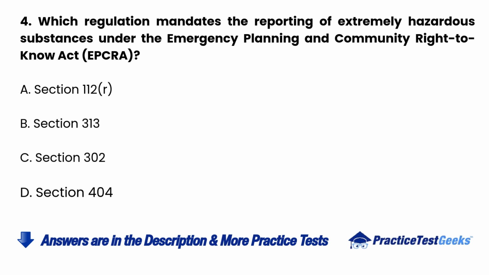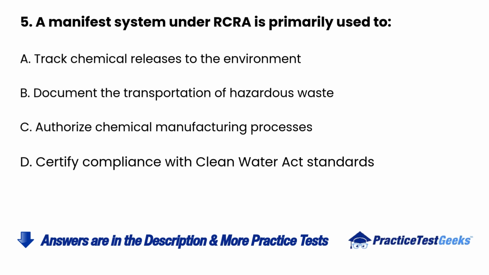4. Which regulation mandates the reporting of extremely hazardous substances under the Emergency Planning and Community Right-to-Know Act (EPCRA)? A. Section 112(r). B. Section 313. C. Section 302. D. Section 404. 5. A manifest system under RCRA is primarily used to: